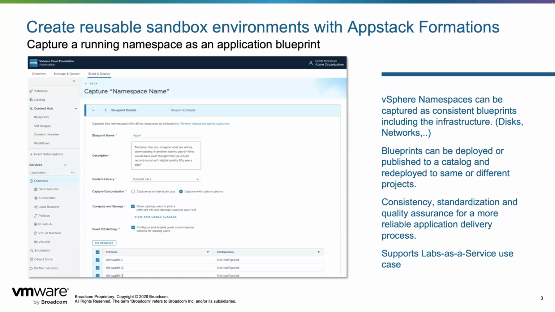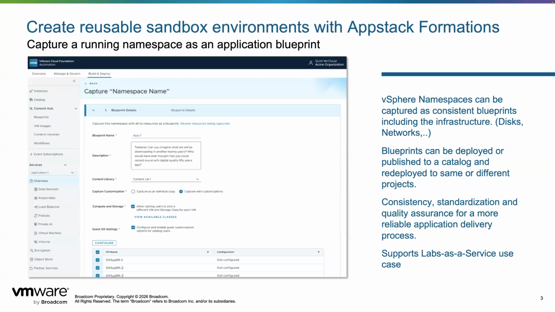And this is really a way to go in and take a running namespace and capture it. So for instance, in a namespace, you could have a number of VMs that are connected to subnets that have persistent volumes or have storage associated with them. They may also have some metadata, maybe some guest OS information, BIOS information, IP information. And what we can do is capture that working application, that environment, and then create a blueprint out of it, and then ultimately publish it into the catalog,